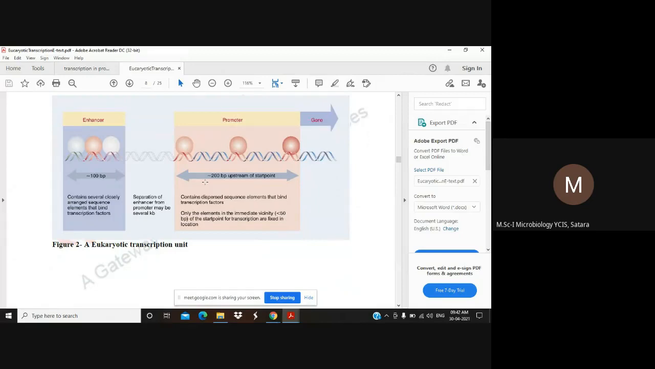So it contains several closely arranged sequences and elements. Enhancers are about 100 base pairs, and this is the promoter, which is 200 base pairs upstream of the